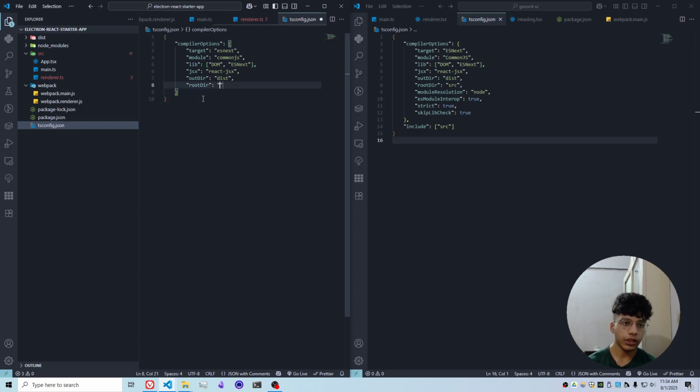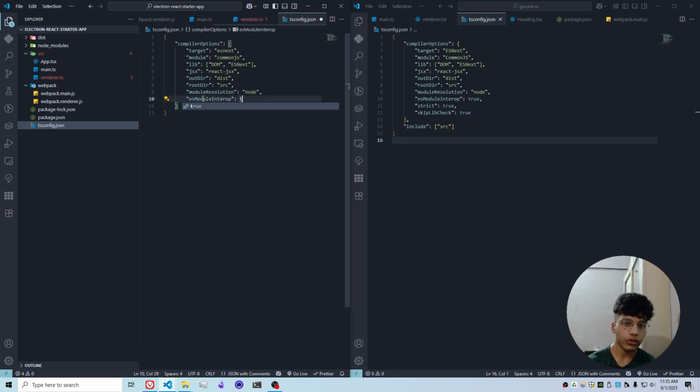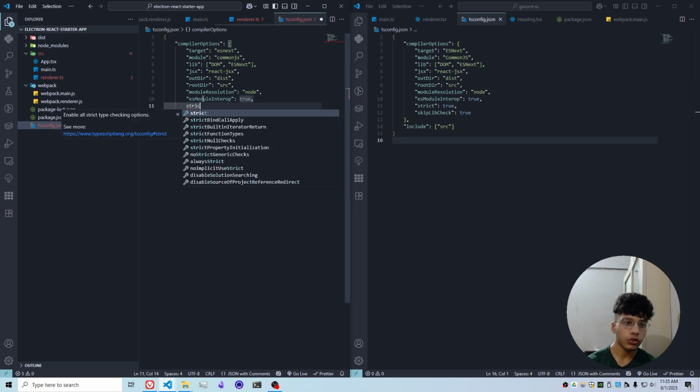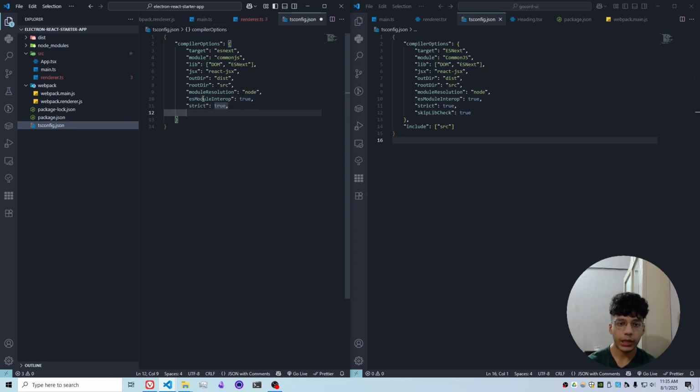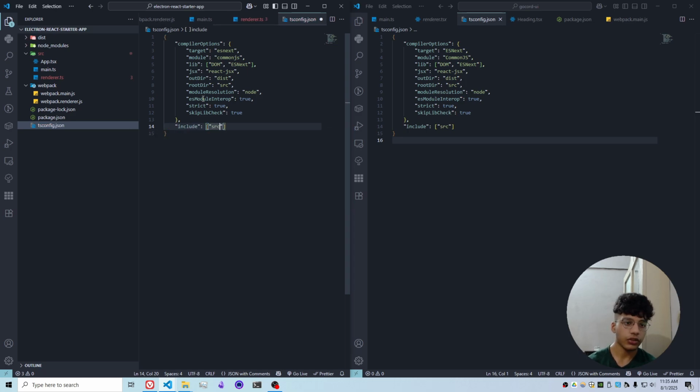This is where we actually store all of our compiled JavaScript files. The rootdir will be src. This is where all of our TypeScript code is going to be hosted. Module resolution is node. We need this so we can import our modules correctly. ES module interop, we need this as well to be set to true. Strict true just to have better type checking. Better type checking is always a good thing. Skip libcheck, definitely necessary. Finally, include src, which is where all of our code is hosted, and then we go